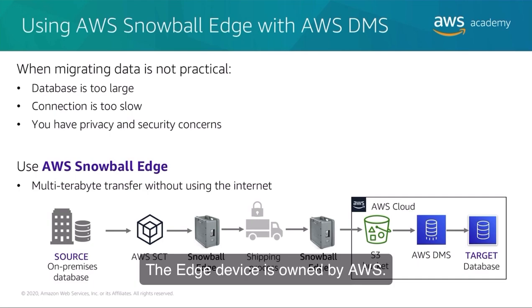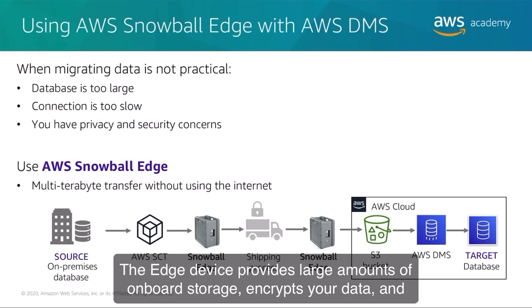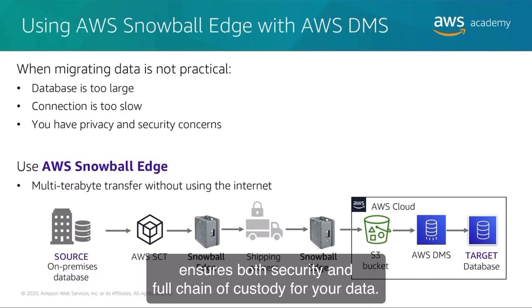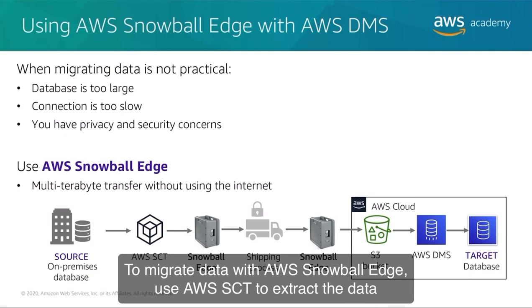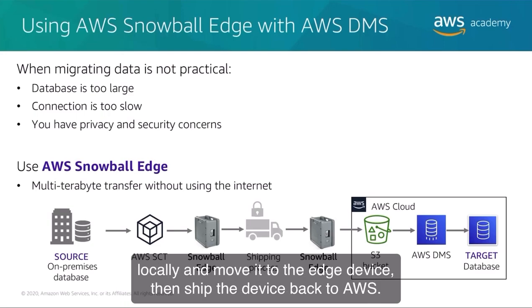The edge device is owned by AWS. AWS sends you the edge device, you write your data to it, and then you send it back to AWS. The edge device provides large amounts of onboard storage, encrypts your data, and ensures both security and full chain of custody for your data. To migrate data with AWS Snowball Edge, use AWS SCT to extract the data locally and